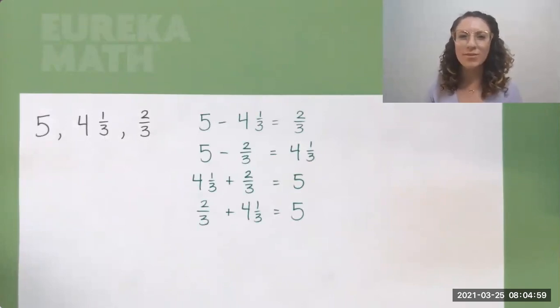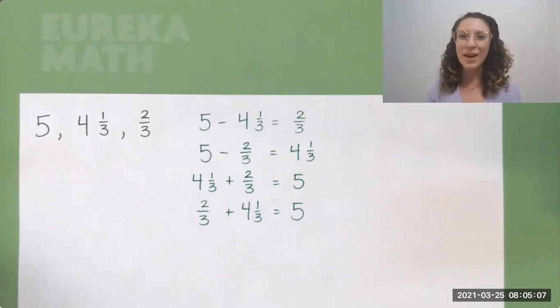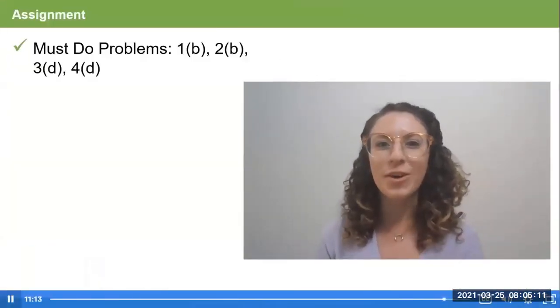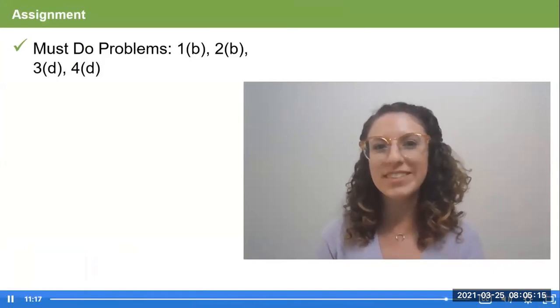I am so proud of you for working these out with me today. Give me a high 4 1/3. Now you're ready for the problem set. The must-do problems are on the screen. Set a timer or watch the clock for 10 minutes to work on these problems. If you finish